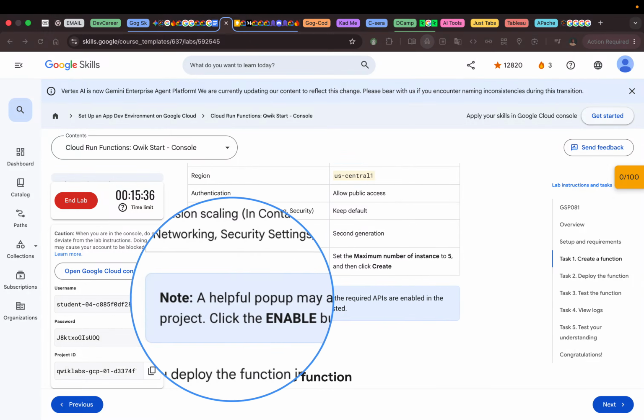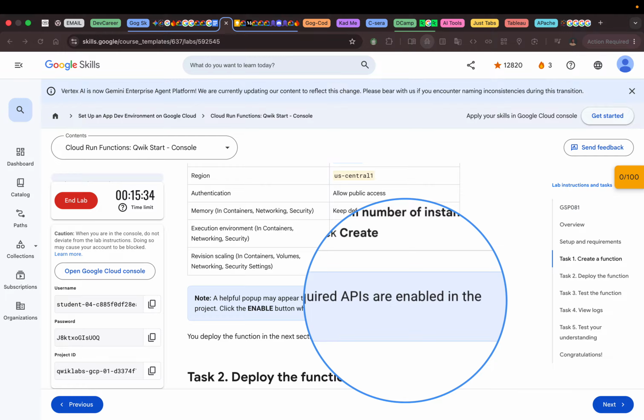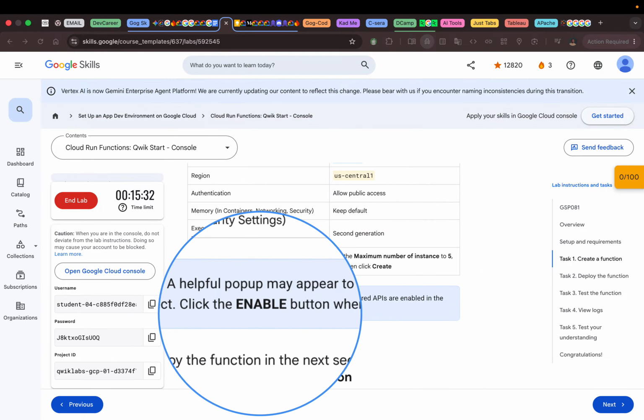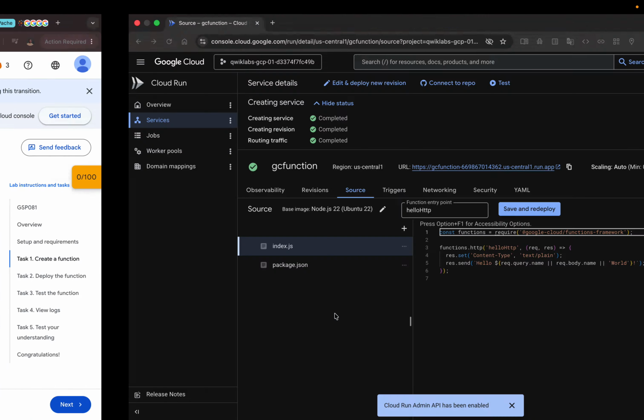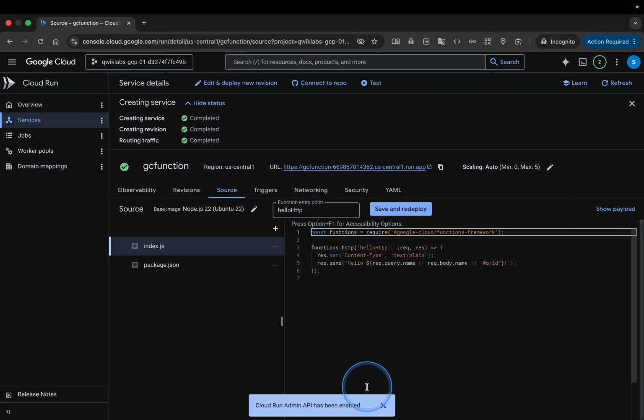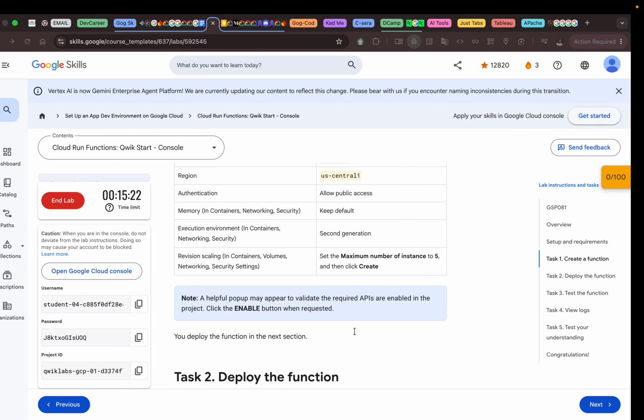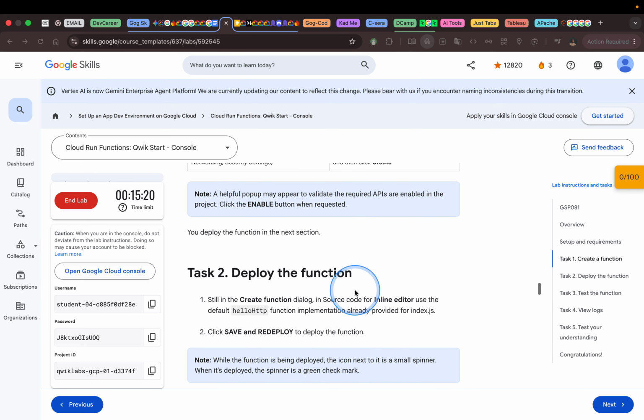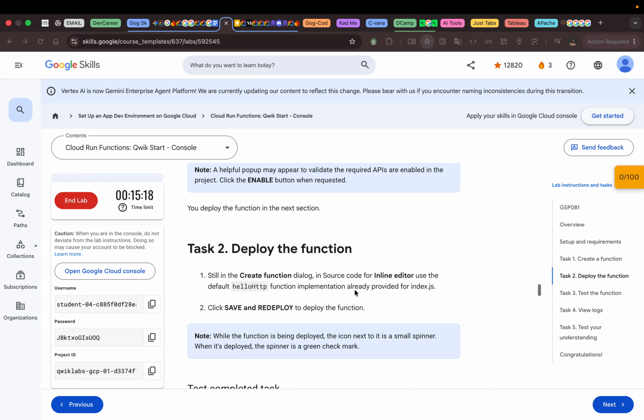You can also see here that they say a helpful pop-up may appear to validate the required APIs are enabled. You click the enable button when requested. We don't need to click that for now. We're going to deploy the function in the next section. So in task 2,